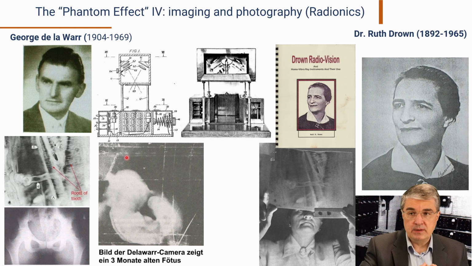So these four examples, from Krokhalev, Ted Serios, Ruth Drown, and De La Warr, demonstrate, first of all, that the phantom effect has a relationship to human mental capabilities, because people were able to produce it in a mental way and capture it by imaging. And exactly because of these imaging techniques, there are multiple images available, and we know this effect in fact exists. It's not speculation, and this demonstrates again some specific features of this phantom effect.